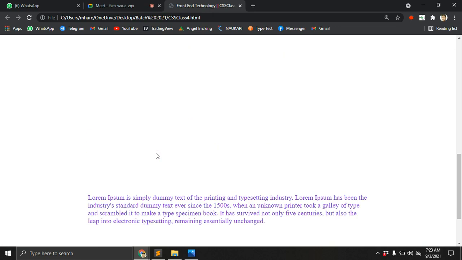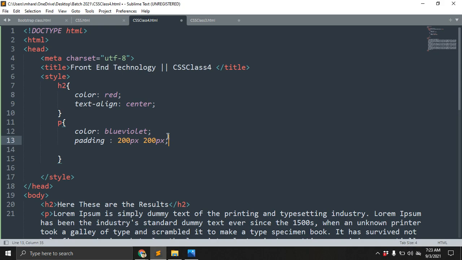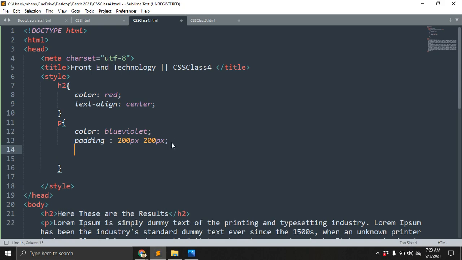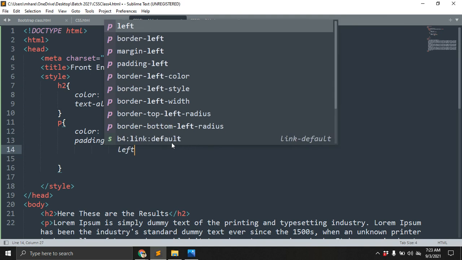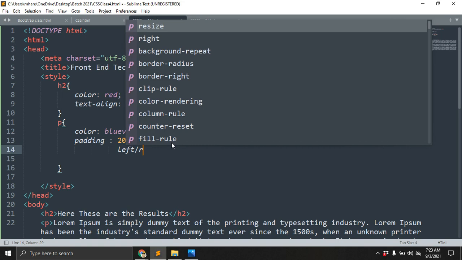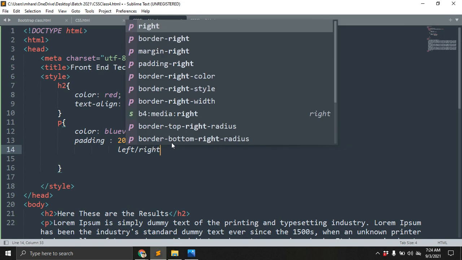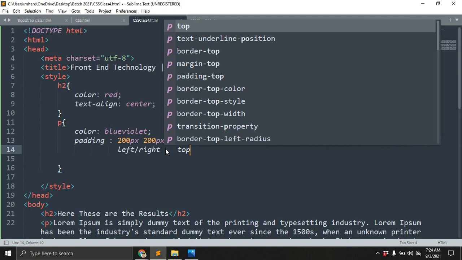What will you understand? You can see, it will be understood that this is padding. The first one is left or right, and the second one is top and bottom.